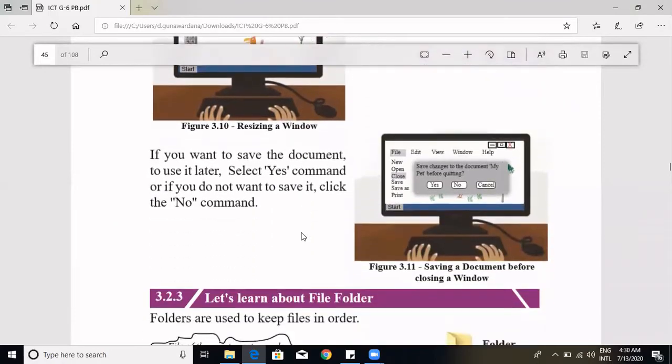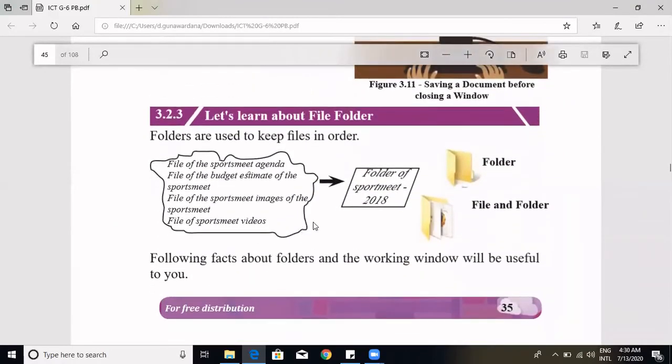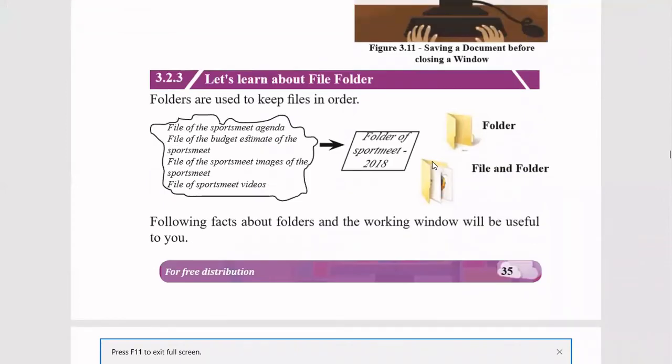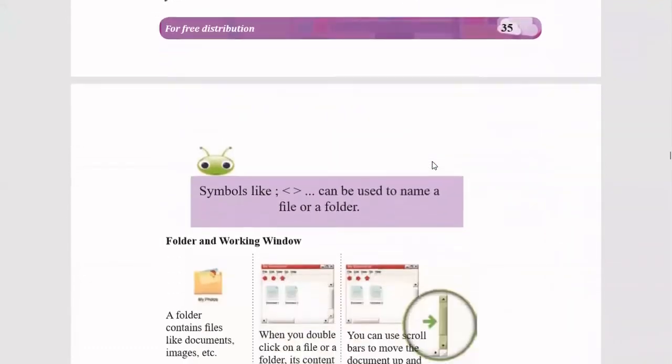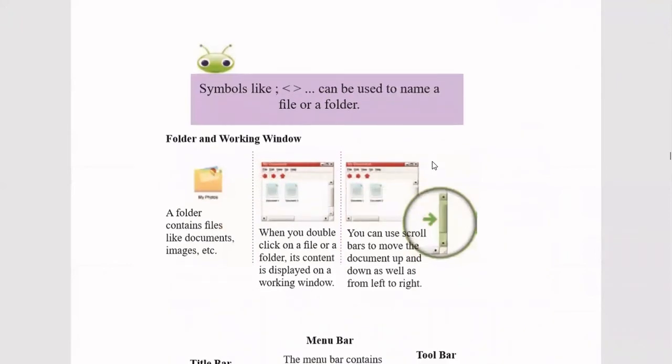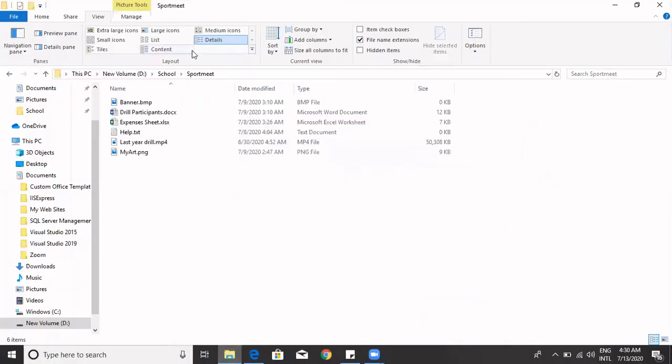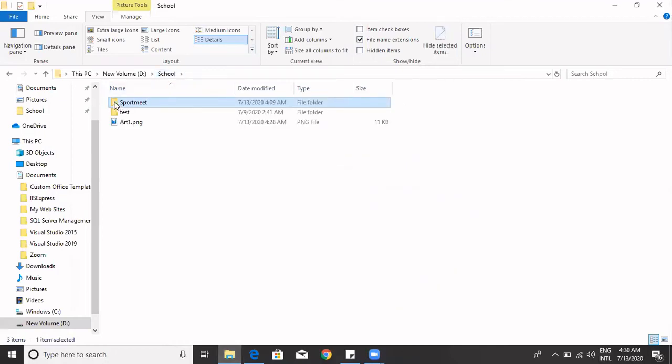Then closing, saving, we discussed, right? Then they are talking about folders, right? So a folder is a collection of files, right? So it is easy if you work on some files and put that collection into a folder for easy reference, rather than keeping them everywhere, right? So when you double click, now I will show you that as well. So here there are some folders. You can see the folder icon here. If you go there and double click, that means left mouse button two times,